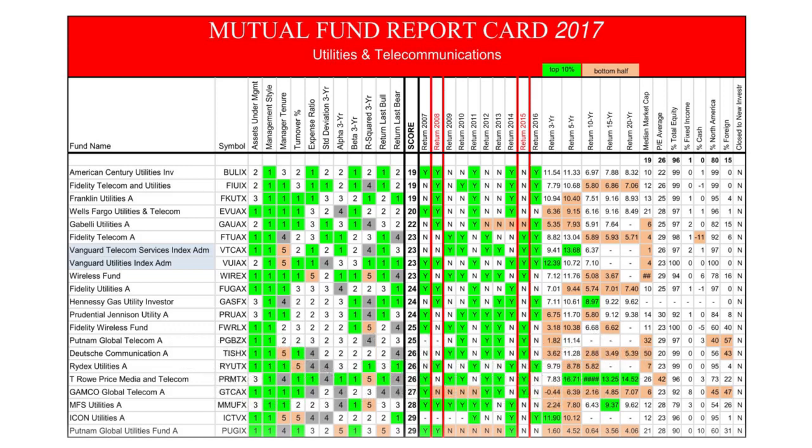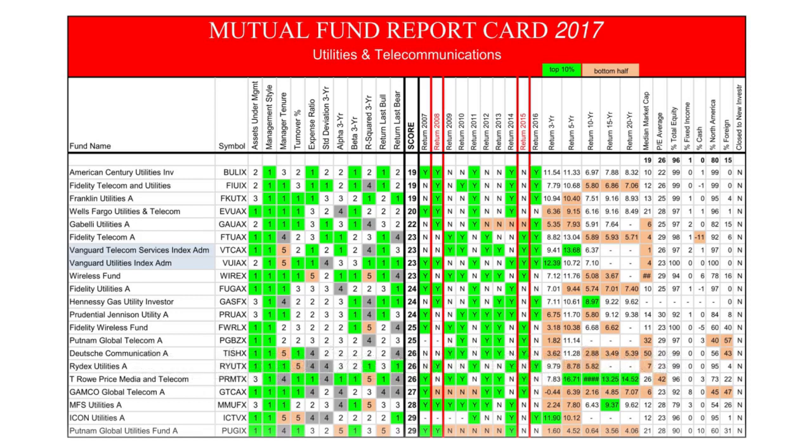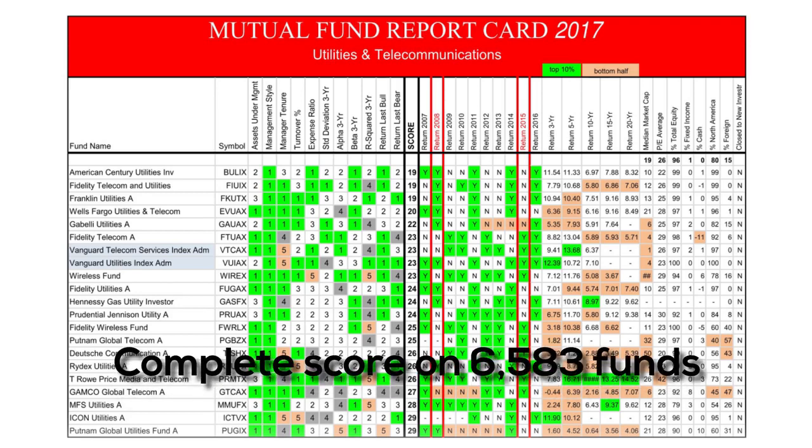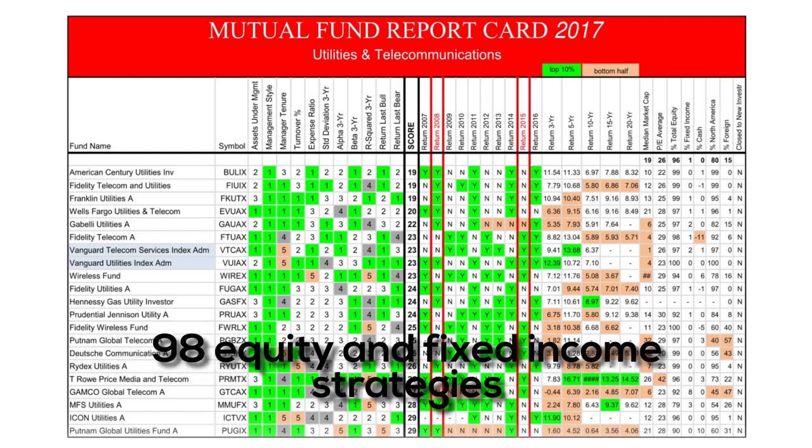One thing I must do every year is to recategorize what Lipper considers to be multi-cap categories. Now, since I believe in asset allocation, it's pretty tough to have multi-cap categories without violating allocation models. Now I start with these 28,000 funds, and I wind up with a manageable 6,583 of them. At that point, I segment the funds into 98 different categories, where each fund in the category